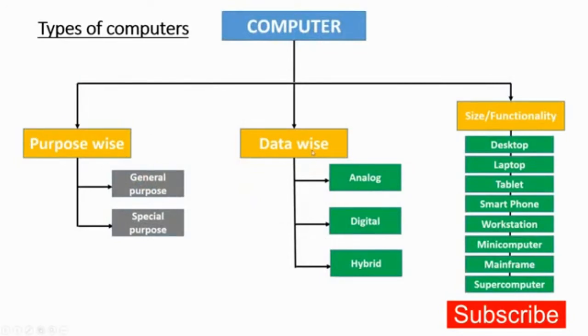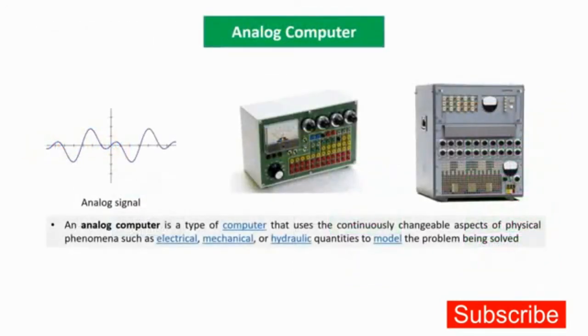Now these are considered to be working with data. So first is the analog that we are going to look at. Analog computers work with analog signal. If you can see over here, this kind of signal is called an analog signal. Basically any kind of electrical wire, the electricity passes through it, right? So that's kind of an analog signal, you can say.